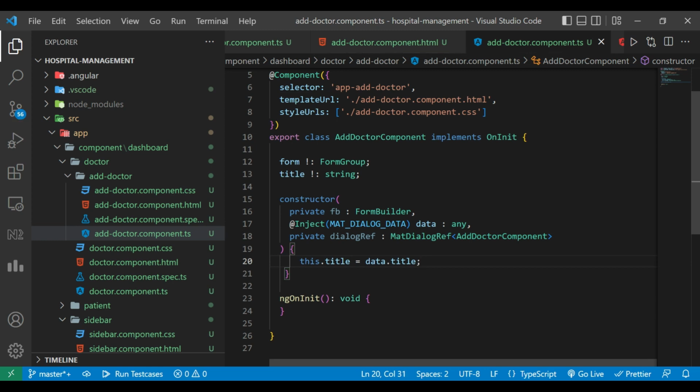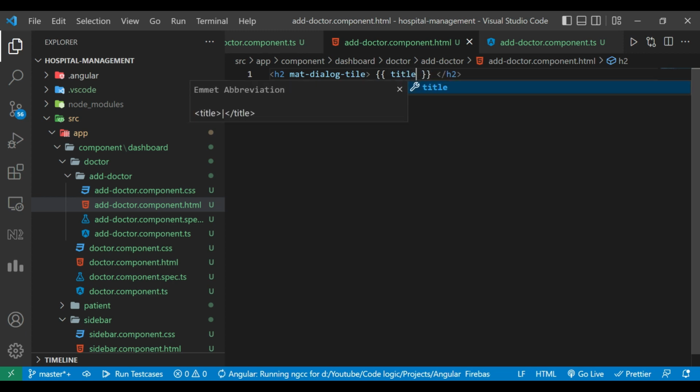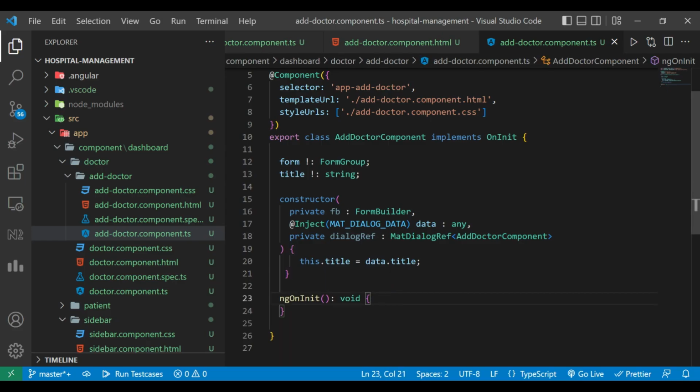Now in the add-doctor.component.html file, we have created one mat-dialog-title, inside which we are going to pass the title, and now we'll see. You can see here Registered Doctor, which is what we have passed earlier. Now on ngOnInit